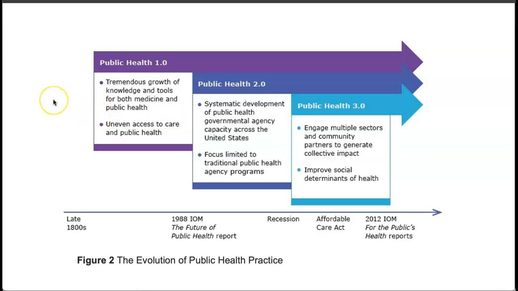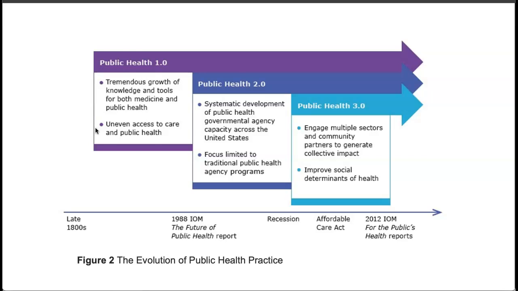This is another one from that same paper that's showing the evolution of the profession of public health over the years. We've talked a little bit about the history of public health in this course and other ones, but the late 1800s, the early 1900s, all the way to 2000 was really when we saw those incredible gains in public health accomplishments, and we saw that our life expectancy as Americans really improved significantly from 1900 to 2010. And a lot of that had to do with improvements that were made as part of the public health